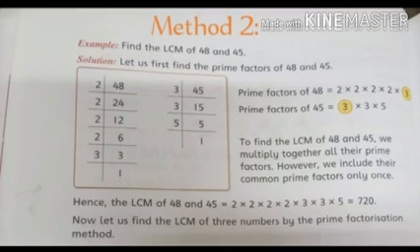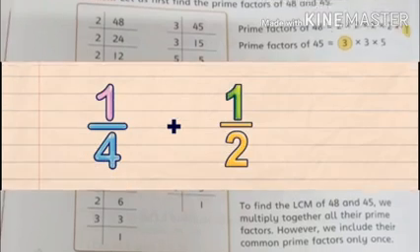Now we'll take a look at method 2, the prime factorization method. In this method, you will find the prime factors of all the numbers given in the question. After finding the prime factorization, you list their prime factors and highlight, underline or encircle the common factors. At the end, the product of common factors and non-common factors is your LCM. You can use the method of your own choice, in which you feel easy.